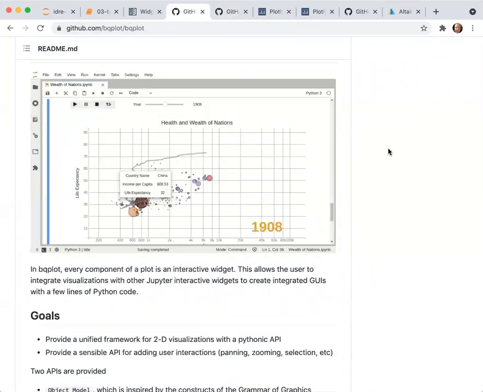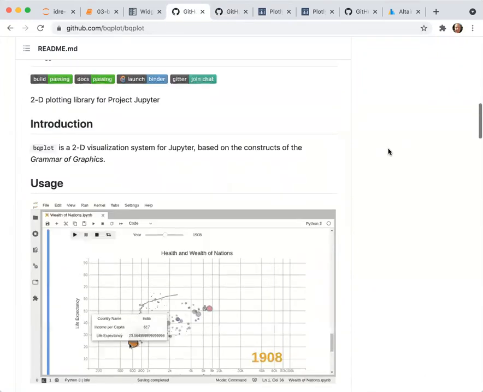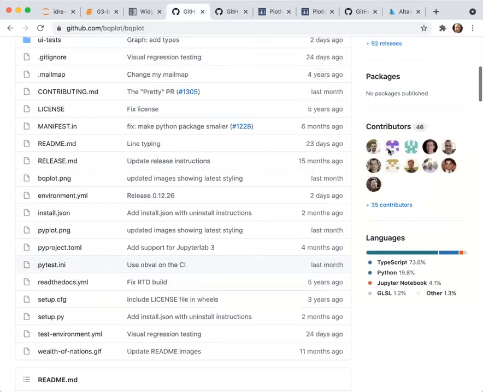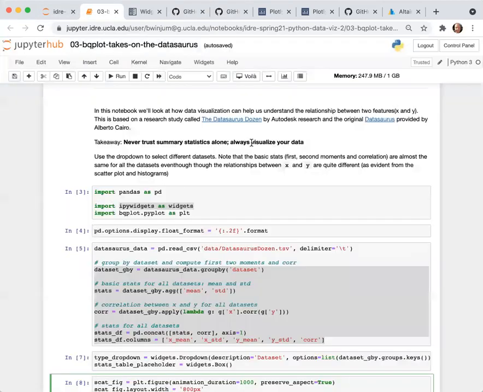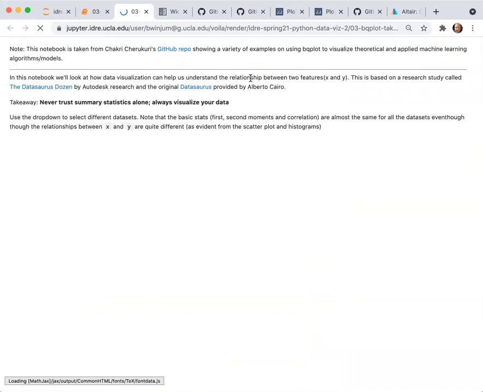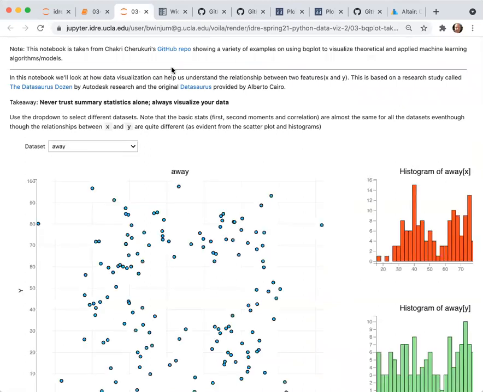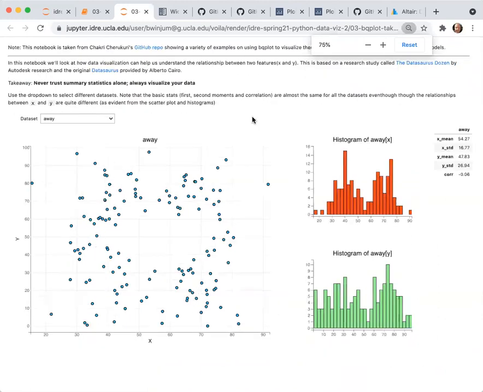This is another package which I've installed on the JupyterHub. It's another Python package. If you come back to this notebook, you'll see there's an icon button up here called Voila. If you click on that, it's going to generate what looks like a web page, which consists of the output and the narrative parts of the notebook I've just showed you.